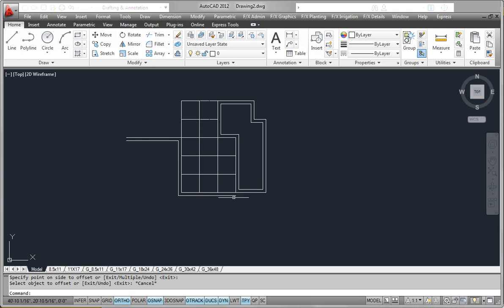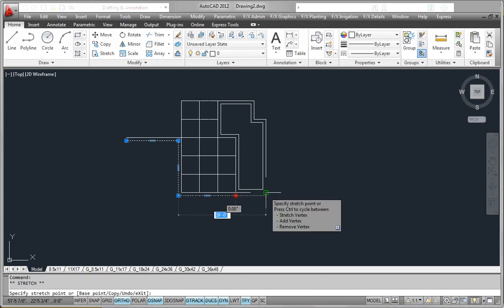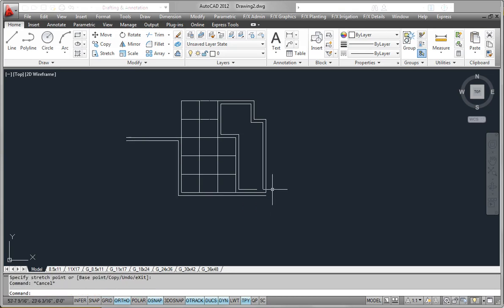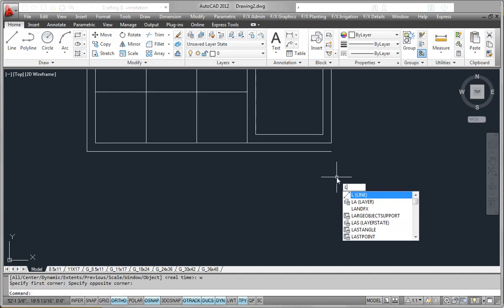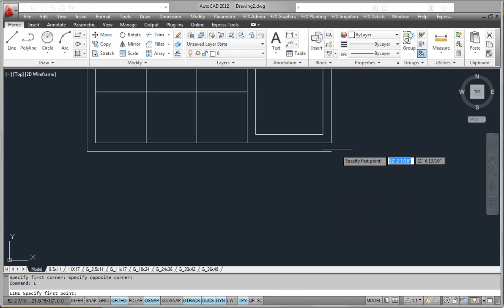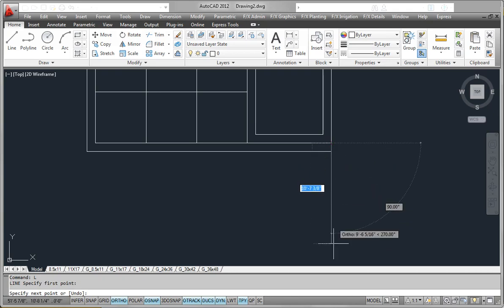I'm going to select this and just use my stretch, and if I pull this over and again highlight this point and bring it down, I can get this snapped. Z enter, W enter is going to get me a zoom window. Going to go line from this corner, bring it straight down, enter, use